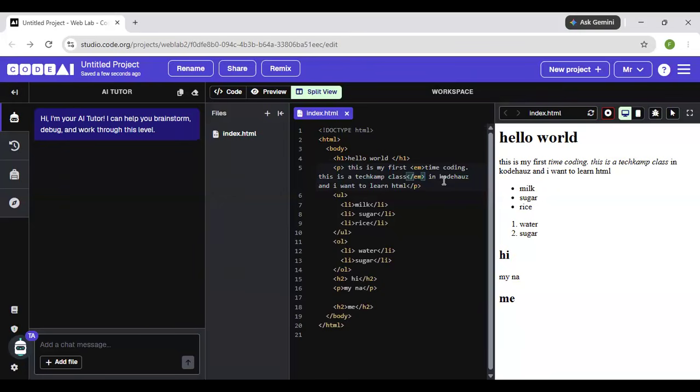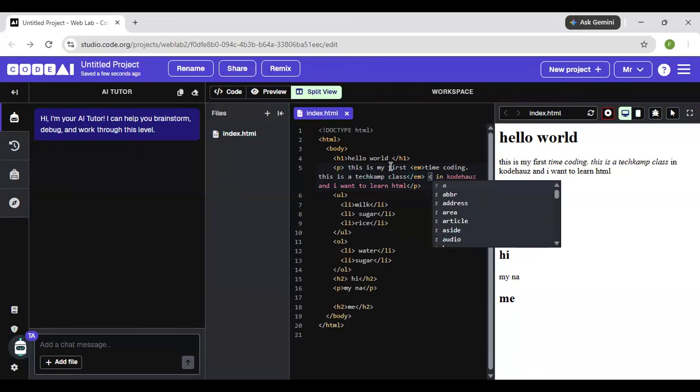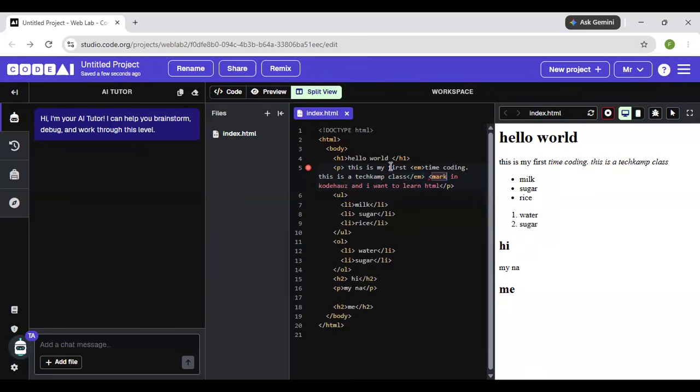Yes, sir. Okay. So let's go to a different tab. So Mark. Properly, when you say emphasize, you mean it makes it slanted.